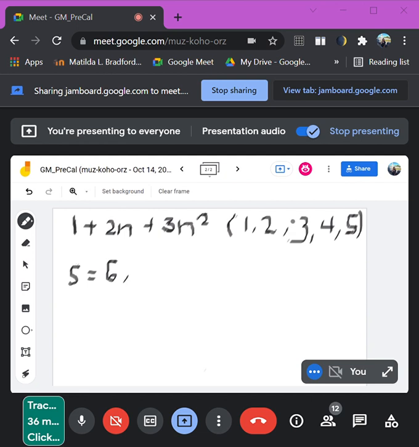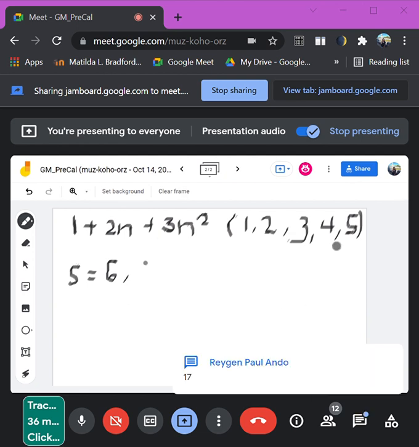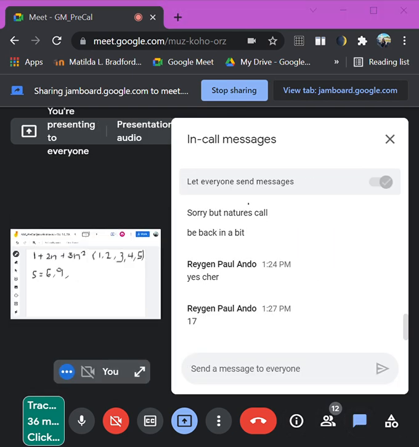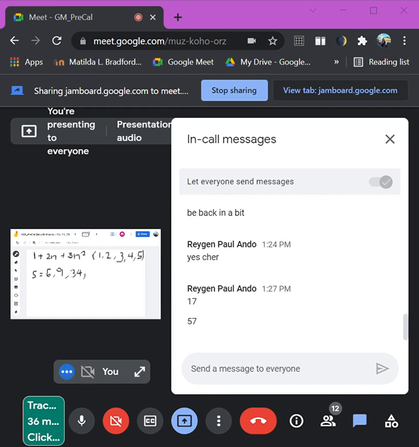How many? 9. 9. How about if n is equal to 3? 34. 34. If n is equal to 4, how many? 57. 57. And the last one is if n is 5,